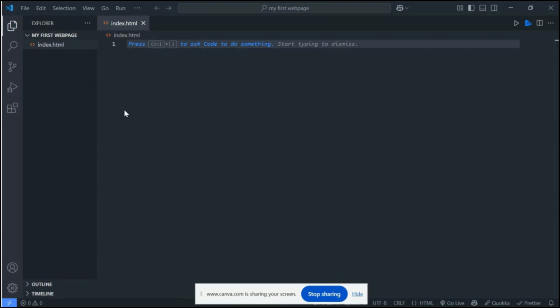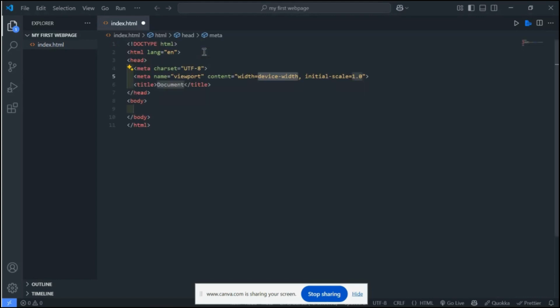I'll show you a cheat over here by writing an exclamation mark and then pressing Enter, or clicking on it, or pressing the Tab. When I press Tab, it gives us this HTML structure. You can see the head over here. It has a body, and that is what shows us the content of the website or the web page.